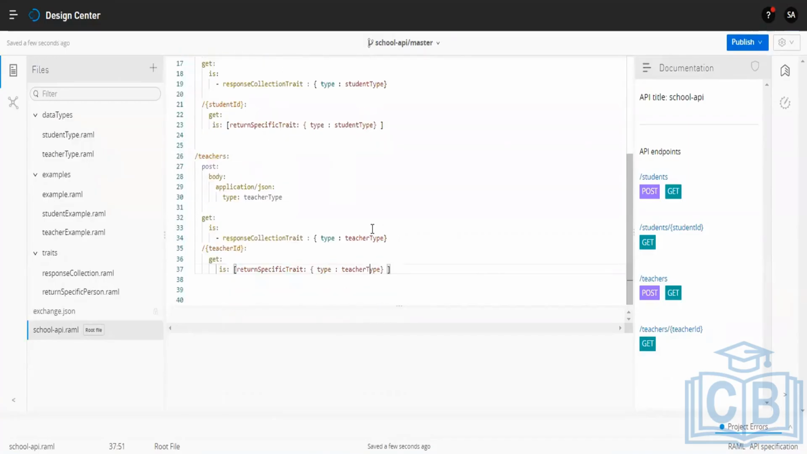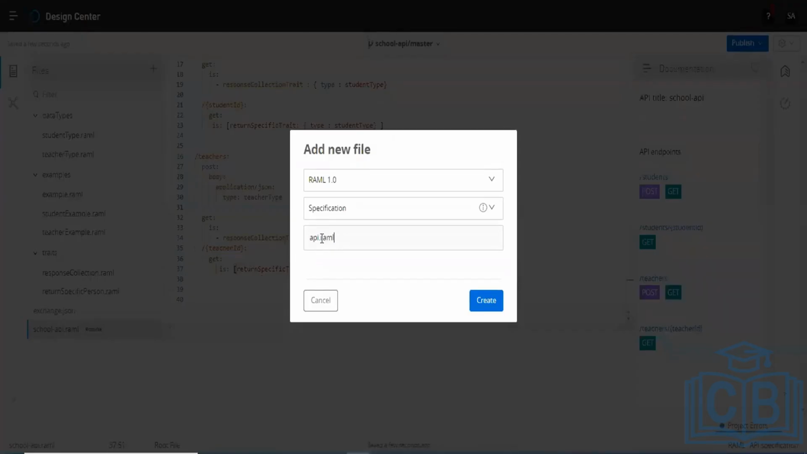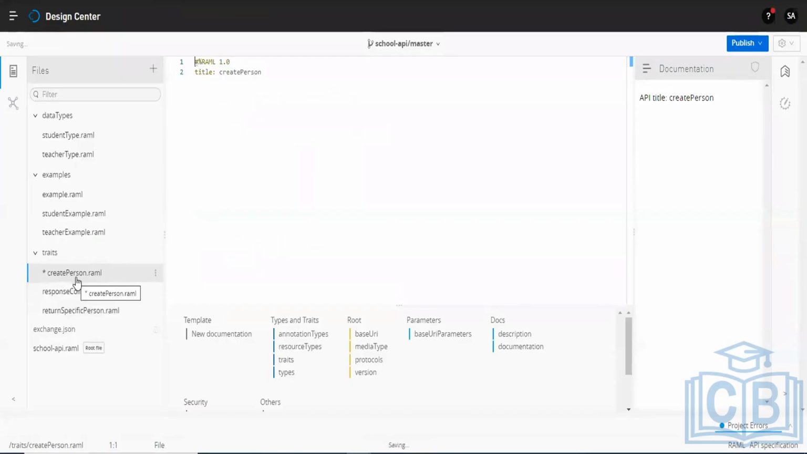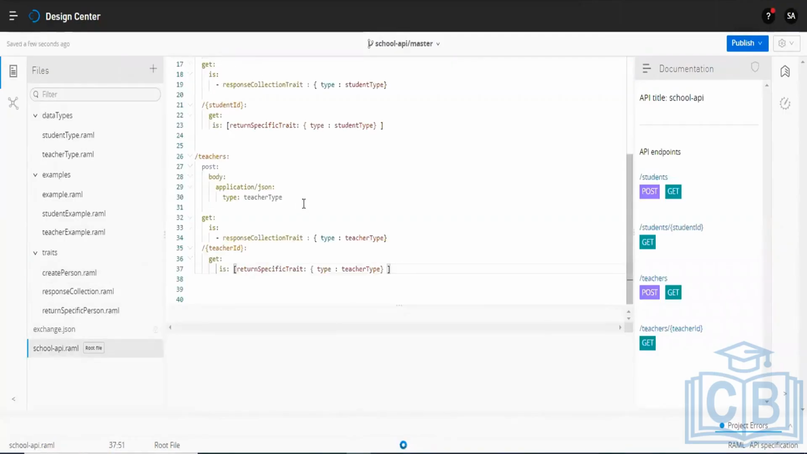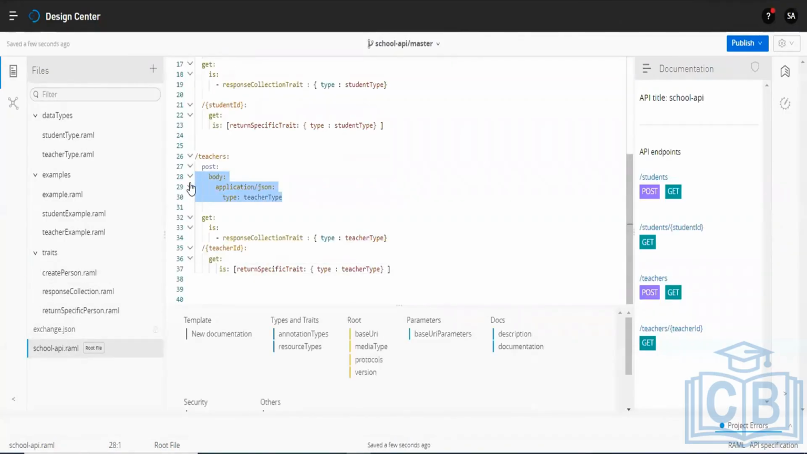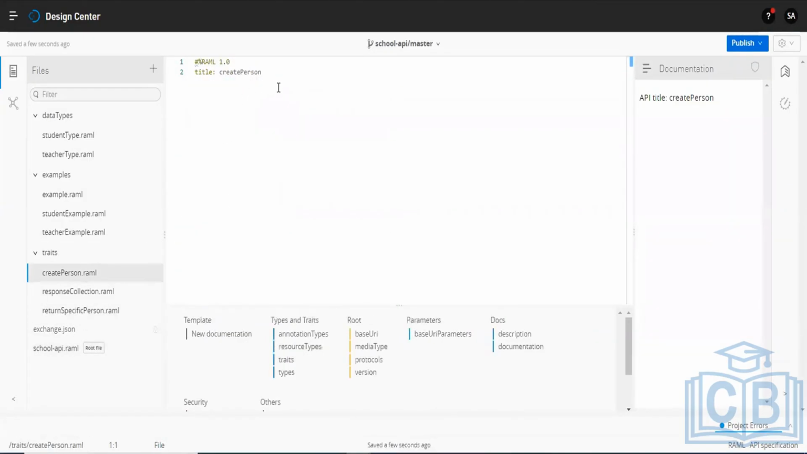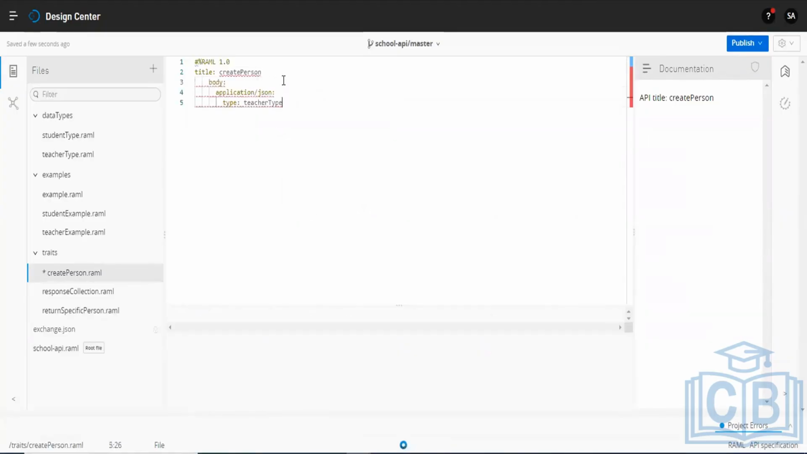Student get, post. Student ID get teacher. What type? If you create a resource, you either create a student or you create a teacher, right? In that type, what I do is